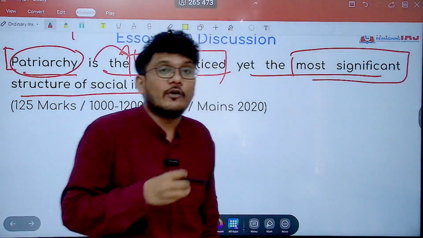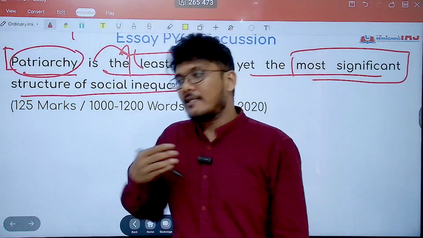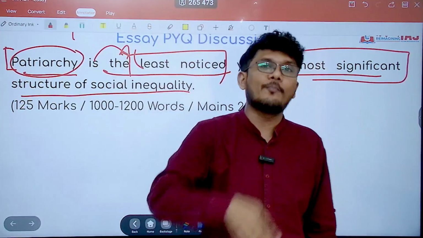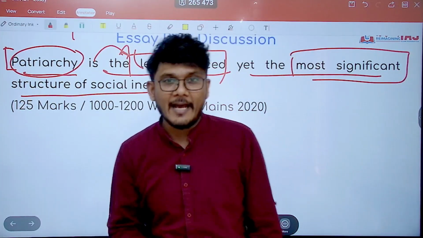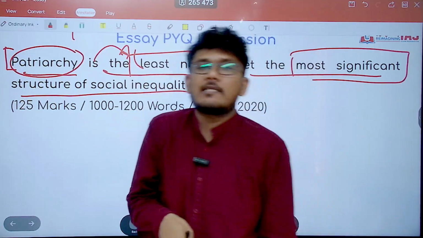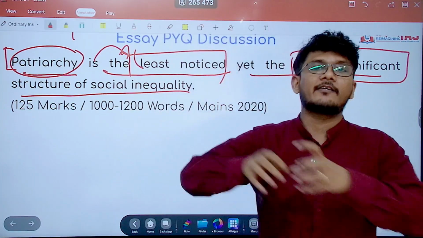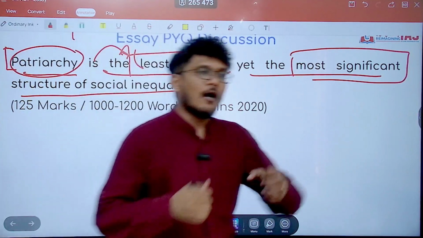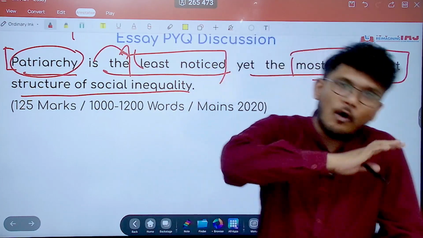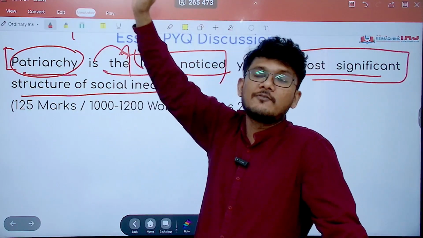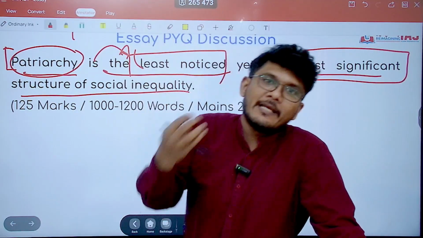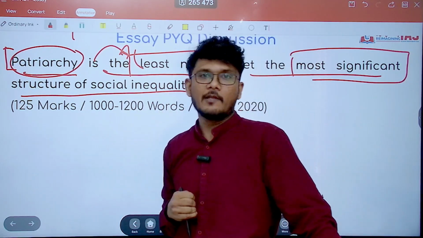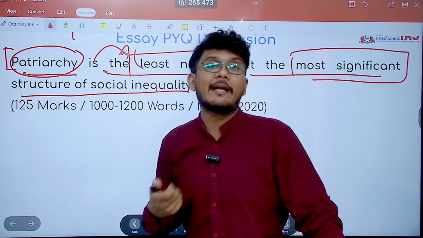It is least noticed because what is constituting patriarchy, or what is coming out of patriarchy, you are assuming to be normal. Patriarchy is so much ingrained in us that we don't even realize that it is patriarchy, and we take it to be a normal thing. For example, a female cooking the food throughout her life, all 3 times a day. It is assumed to be a usual task, a given that only a female has to do, and not considered to be a patriarchal thing.